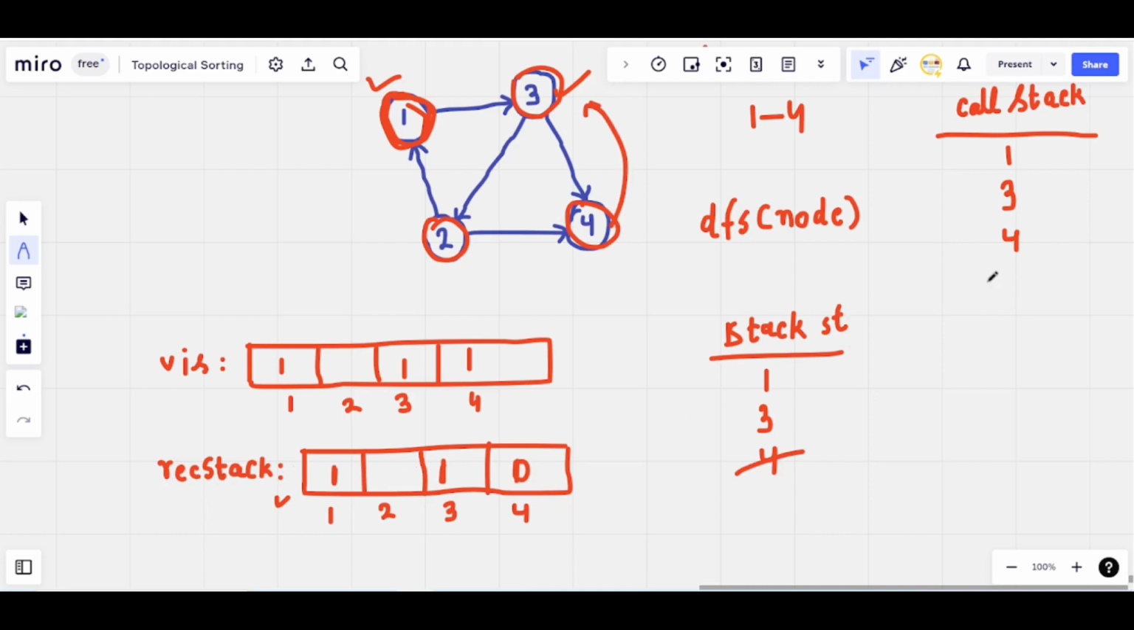I also remove the entry from the call stack because the function call corresponding to node number 4 has been resolved, and we are removing it. Now then we traverse node number 2, so I mark it as visited. I put the function call corresponding to node number 2 in this call stack. I also push node number 2 in the call stack into this actual stack, and also I mark its entry